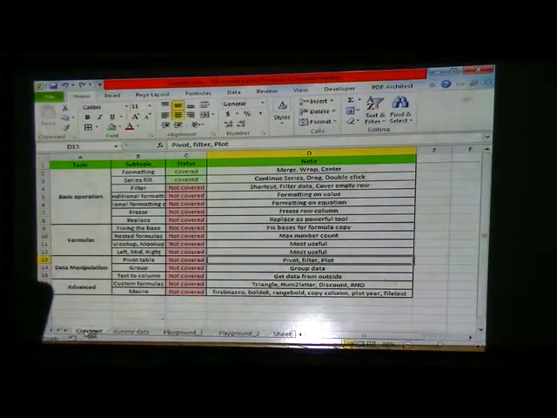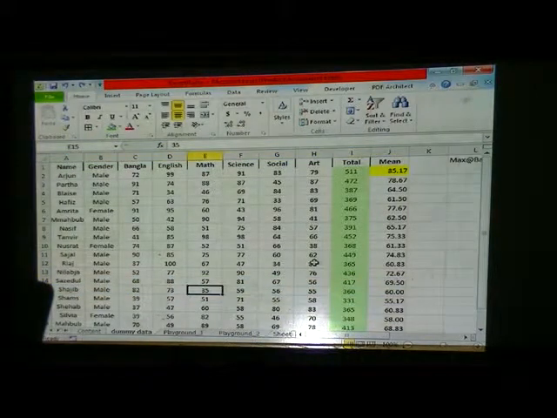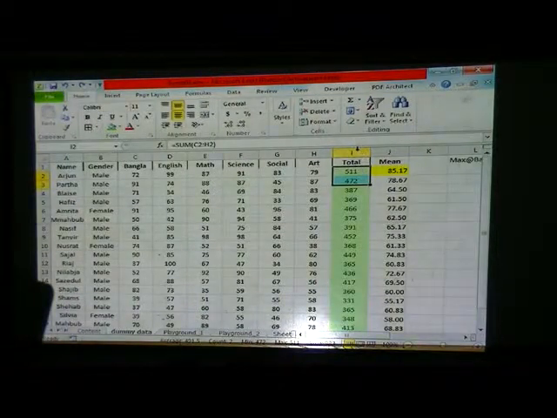Okay, now conditional formatting. With conditional formatting, you can format your cell according to the value of the cell or according to the value of another cell. So see here, we have, first of all,